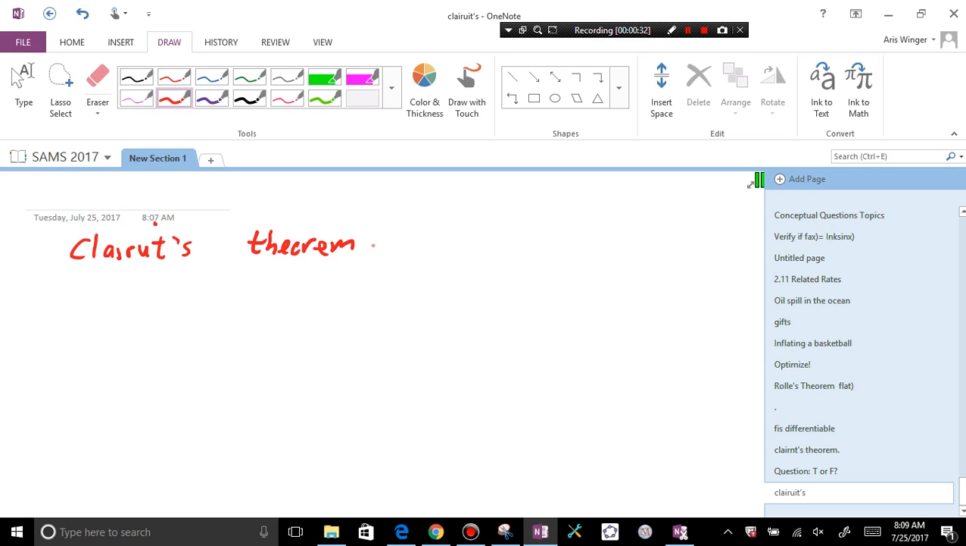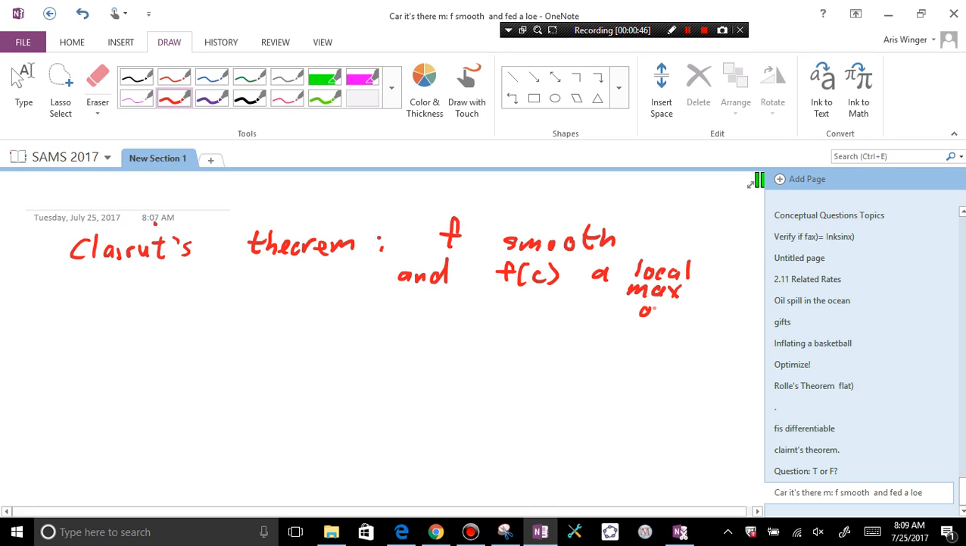theorem says that F smooth and F of C a high point then